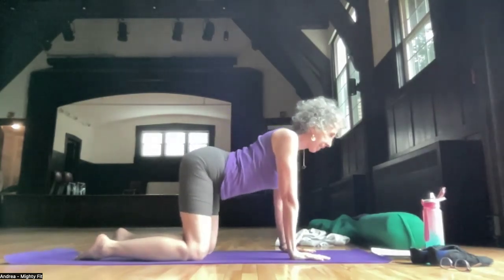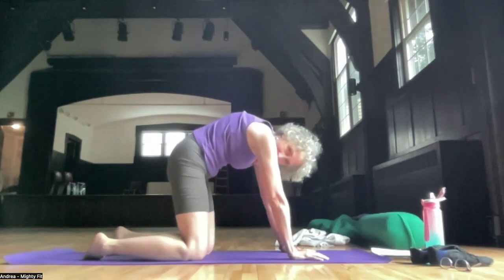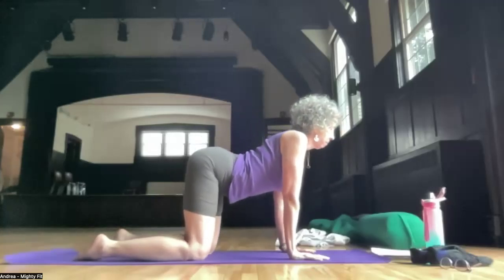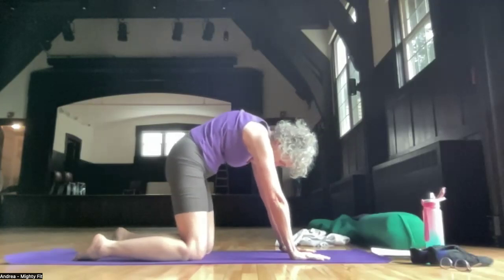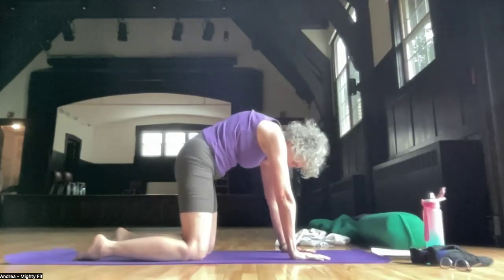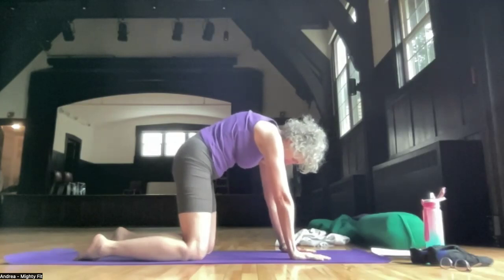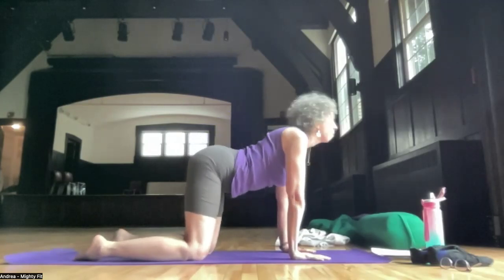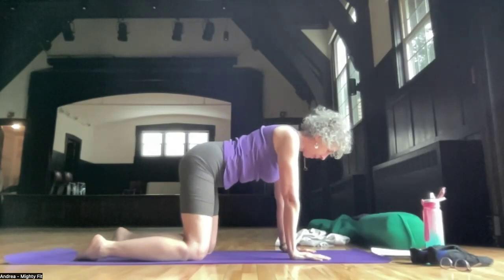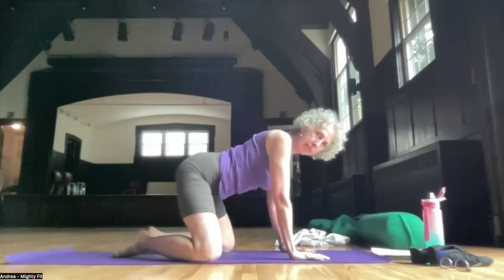It's getting allowed to relax and hang in cow, and it's being asked to draw up and back and in for cat. So keep going, feeling those sensations. Let's have 2 more full cycles. And then coming out into your neutral once again, then separate your knees, pull your toes together and slide back